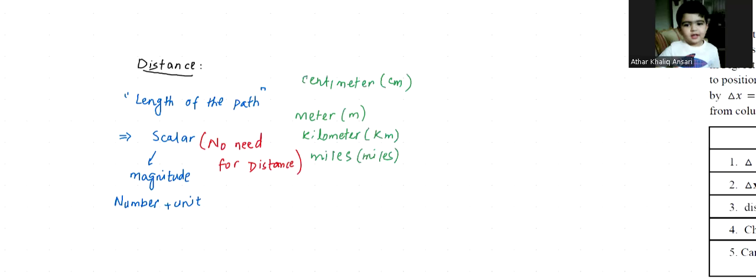So we will use it as a proper unit. We normally say the meter is the proper unit for distance. So whenever we calculate distance, we need to talk about how much total length of the path